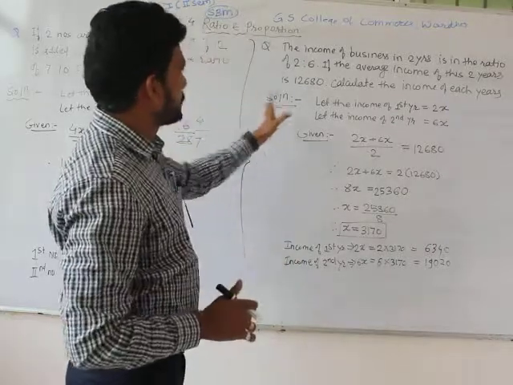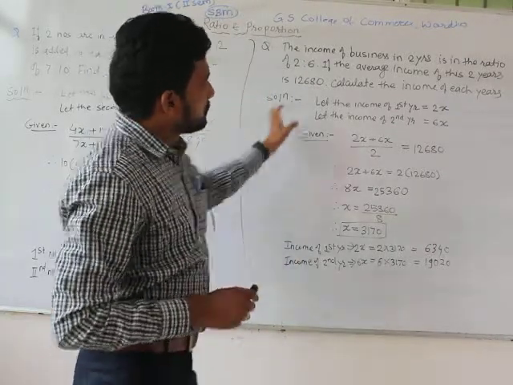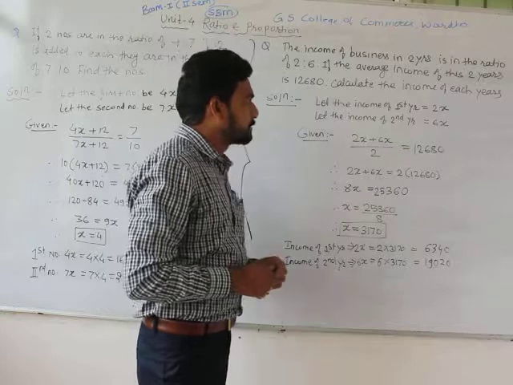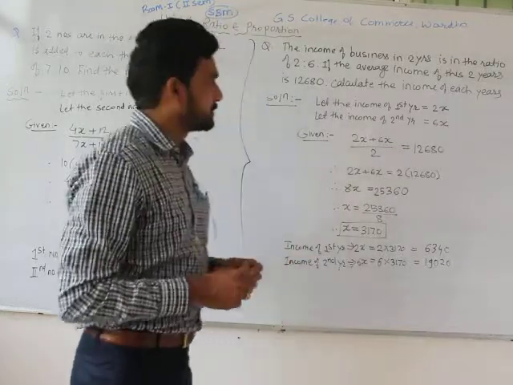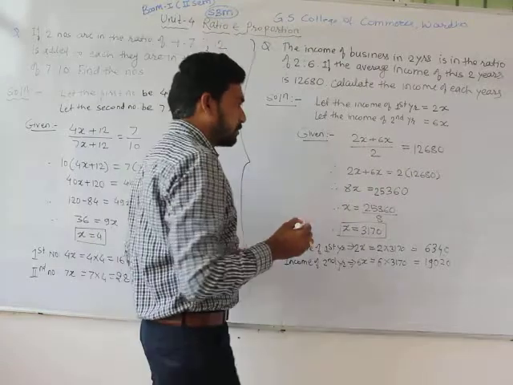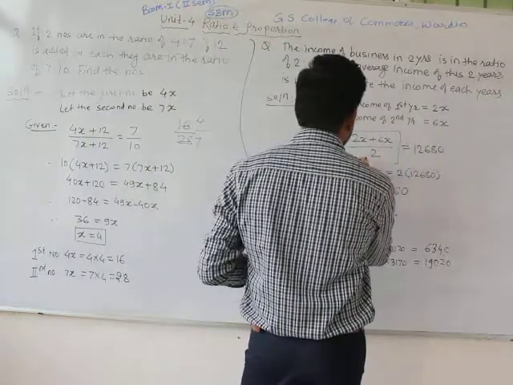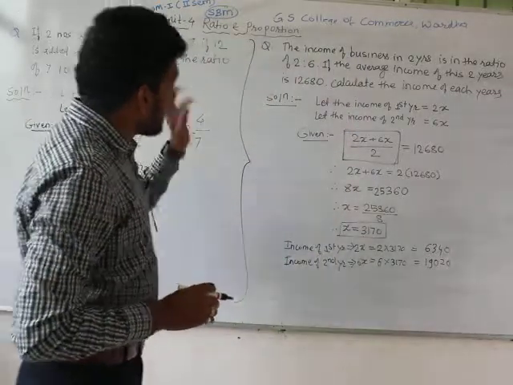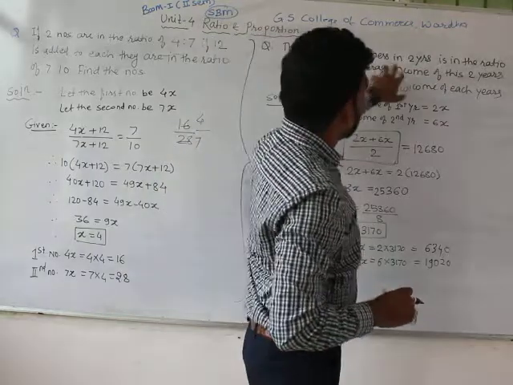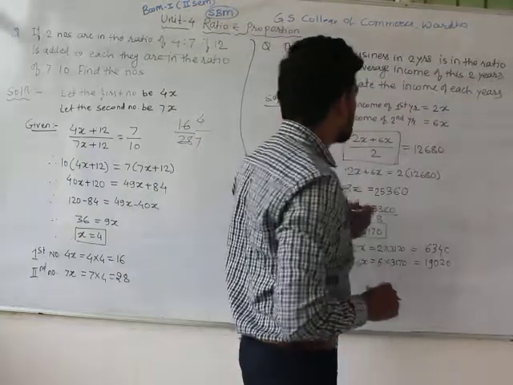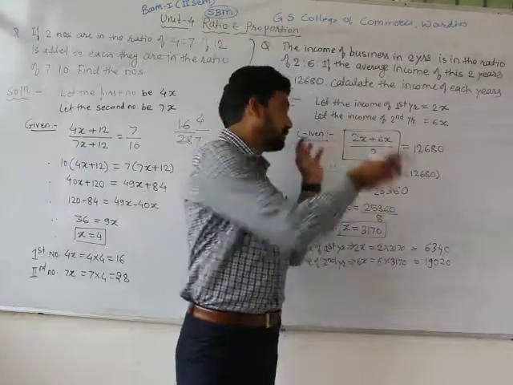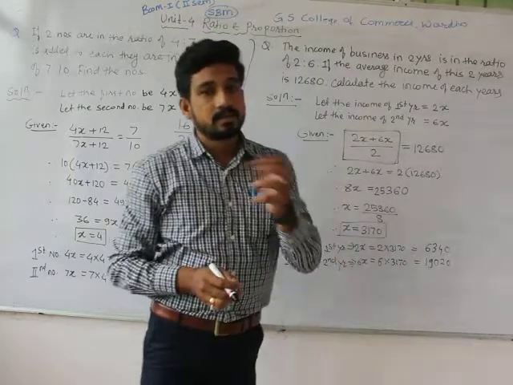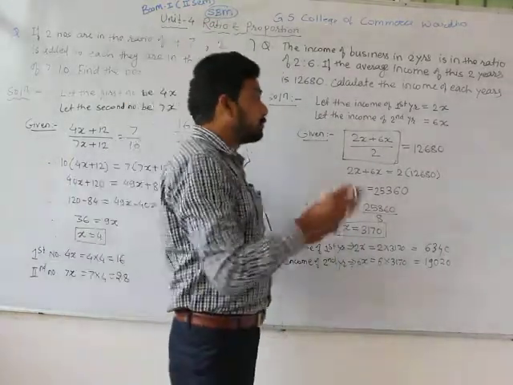So first, the income of the first year will be 2x as the ratio is given, and the income of the second year will be 6x as the ratio is 2:6. And now we will put that into a calculation, the most important part of any type of problem of business mathematics. Now how will that equation be shaped? The problem tells us that the average income of these 2 years is 12,680, which means we have to present the data in an equation as the average value. So how do we calculate the average?